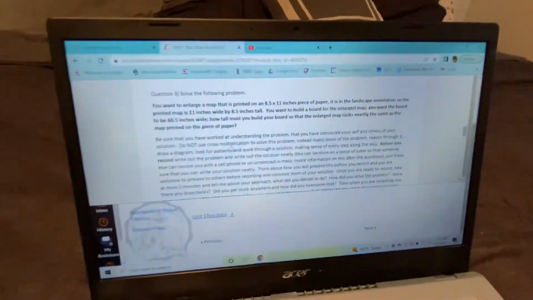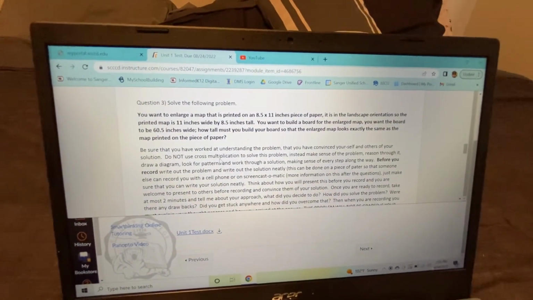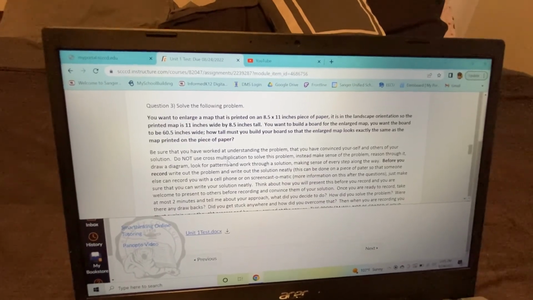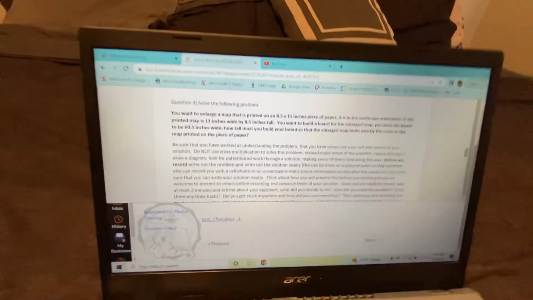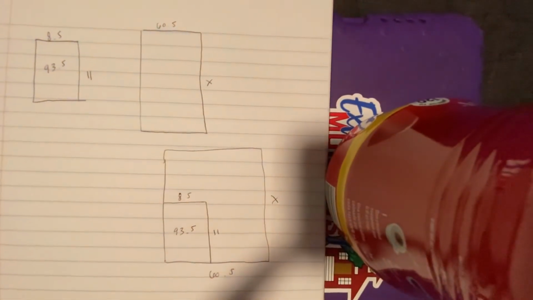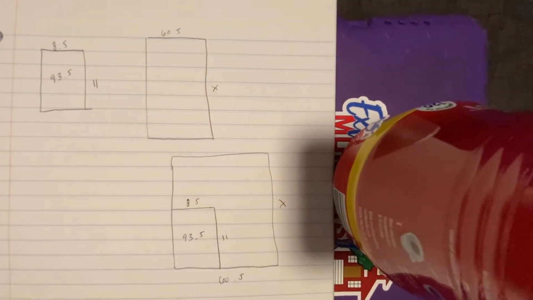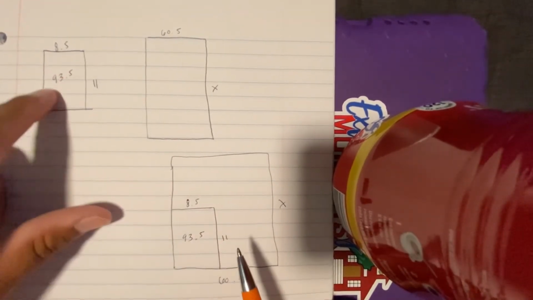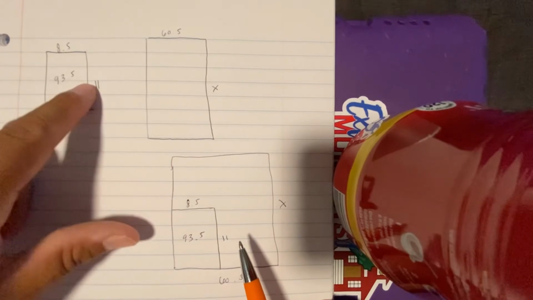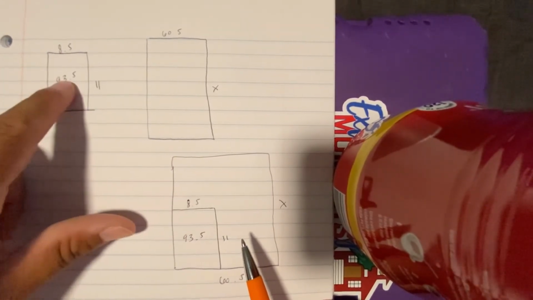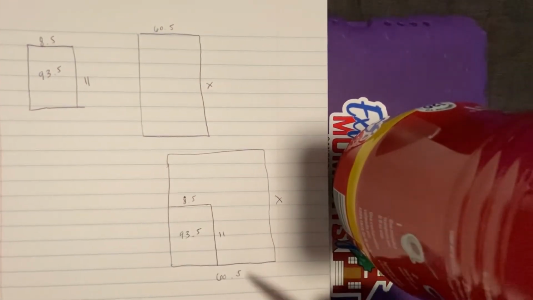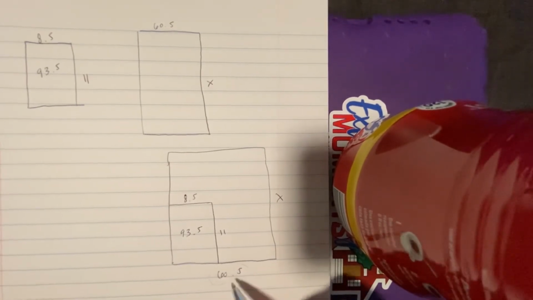For problem number 3, you want to enlarge the map from 8.5 by 11 inches to 60.5 inches wide, and we don't know what the length is on that one. I have a couple of figures here, and I tried my best without using cross multiplication. I drew a graph here: 8.5 by 11, the area of that is 93.5, and I'm looking for this length, which is going to be x for me. So I did 60 times